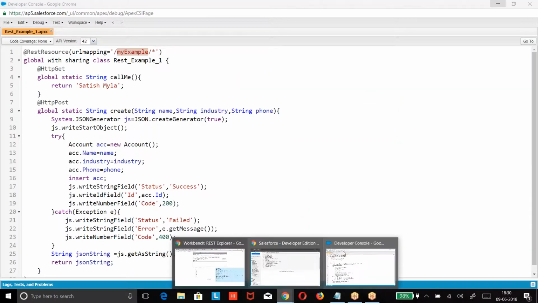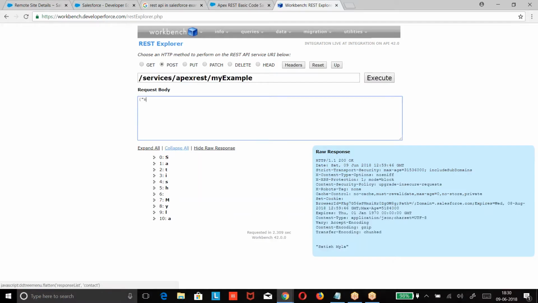Name, industry, phone. I am passing the body, because as a post, we are passing the parameters. Execute.